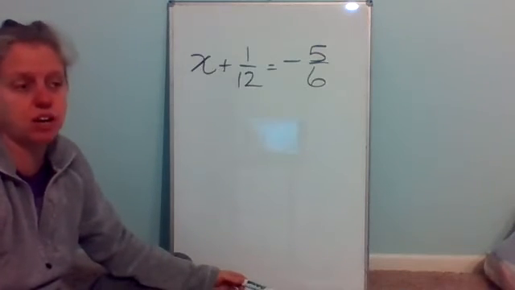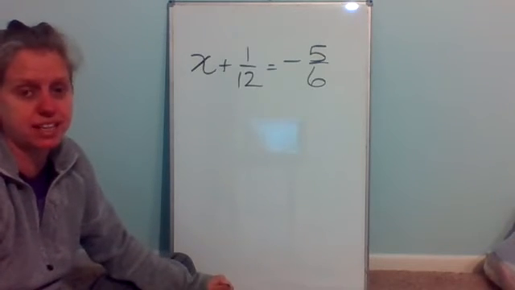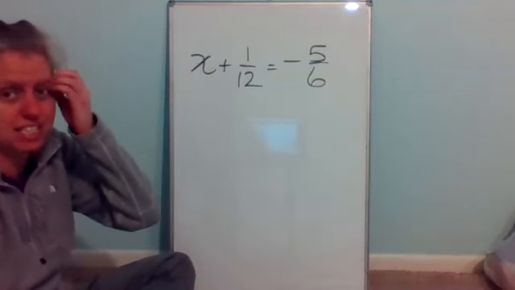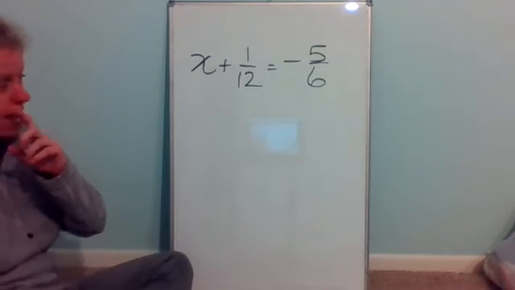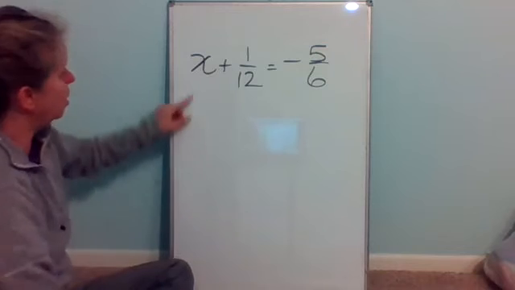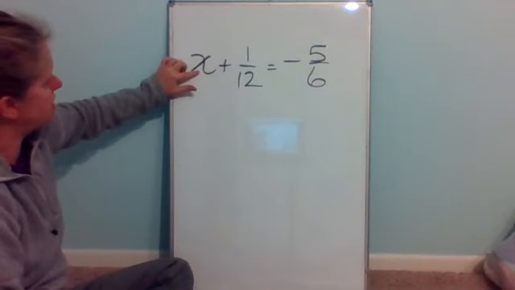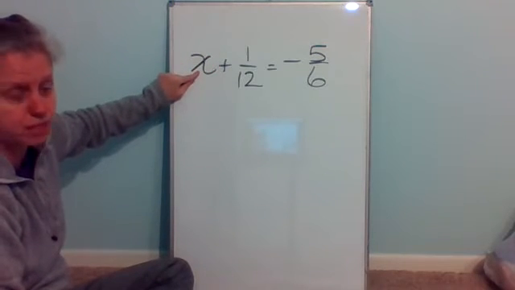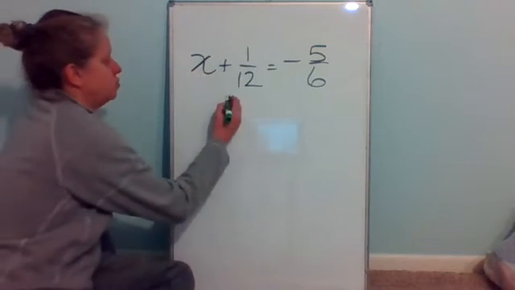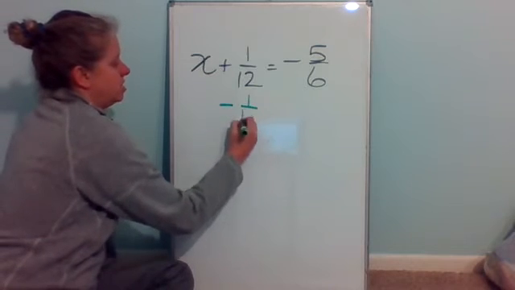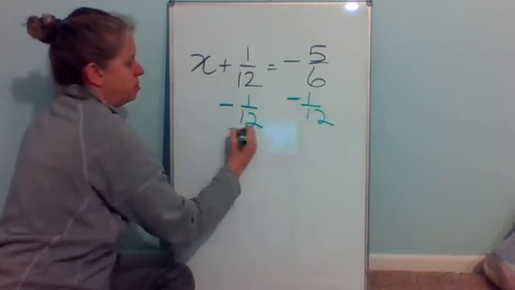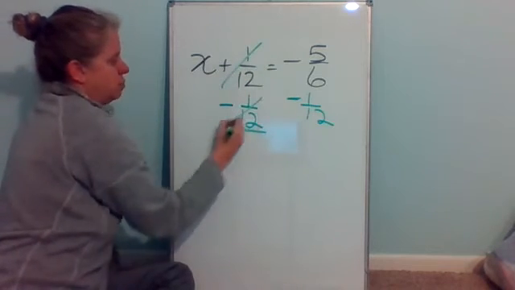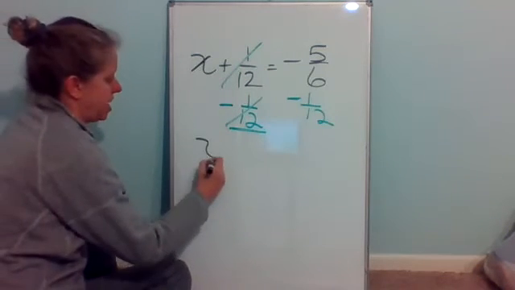If you don't have the calculator, but you do have a phone, remember, you can get the Calculator X app on your phone that puts the TI-84 app on your phone. Because the only thing I need to do to get this X alone is to get rid of that plus 1/12 with a minus 1/12 on both sides. It gets rid of the plus 1/12. So here's my x